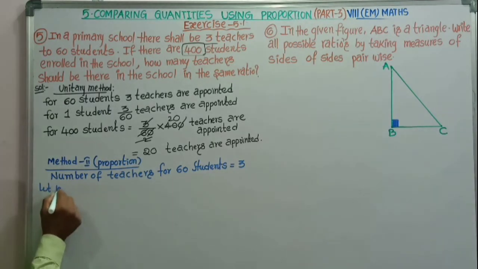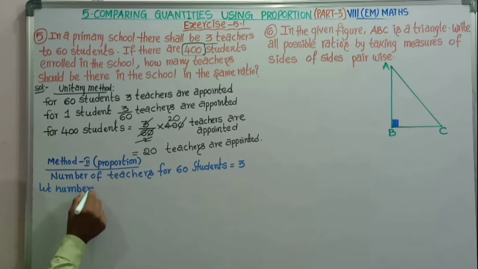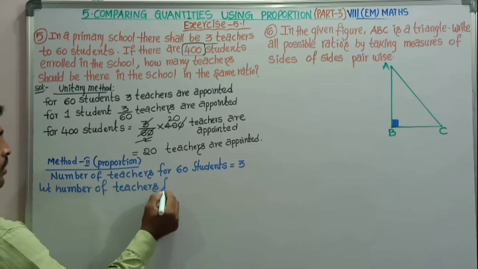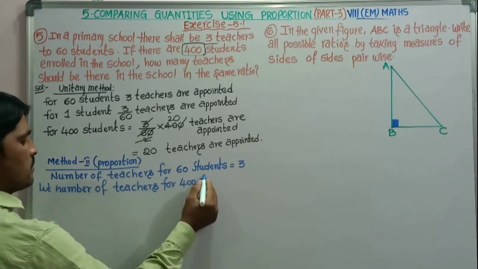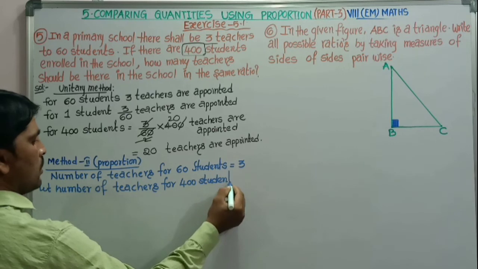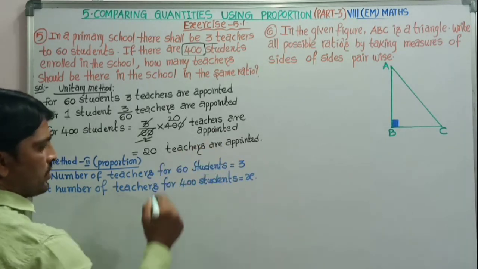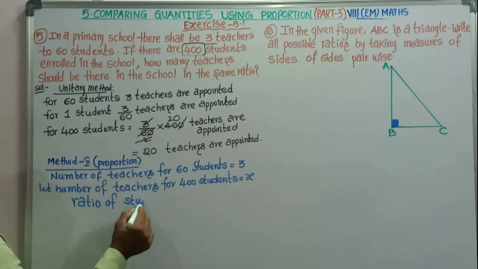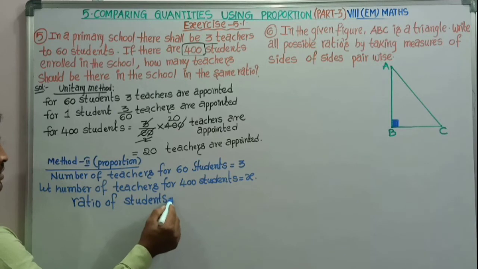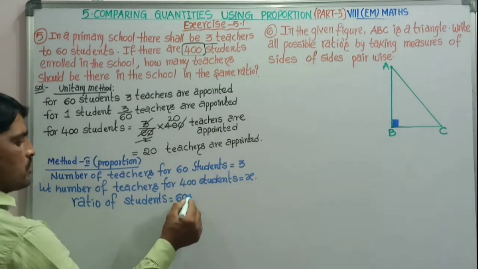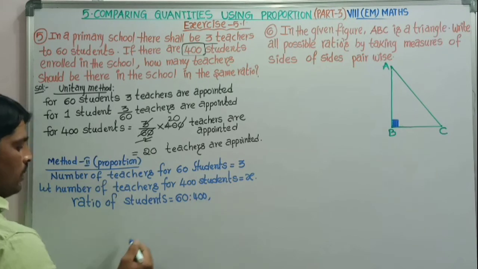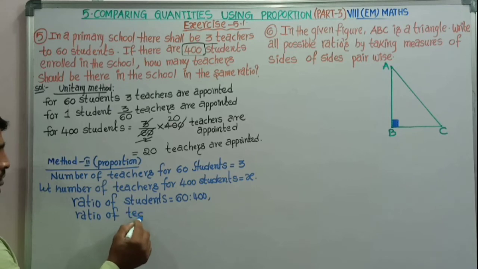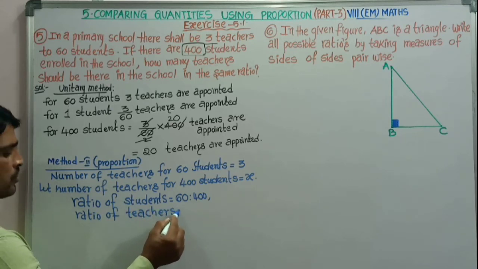Let the number of teachers for 400 students be x. The ratio of students is: initial students are 60, final students are 400, and the ratio of teachers are